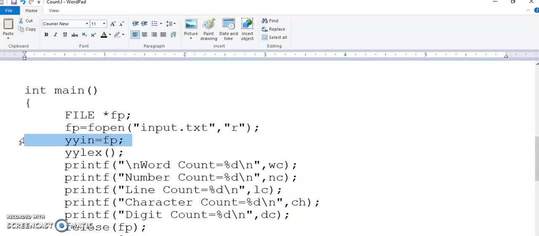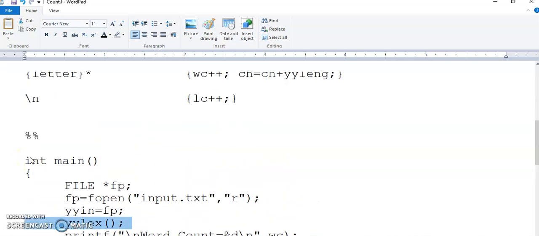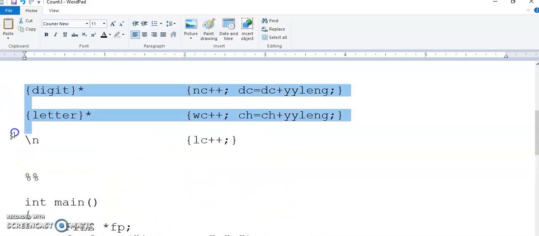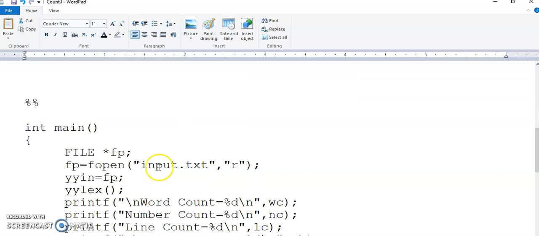Once the input pointer is set, then we will call the lexical analyzer function, that is YYLex. YYLex is again an inbuilt function which will perform lexical analysis by the rules which you have written in the second section.